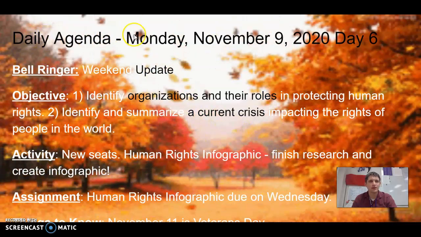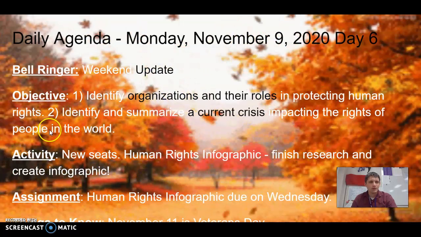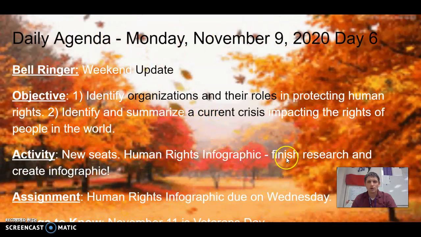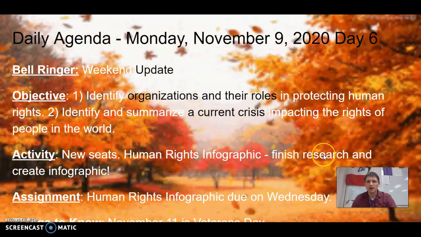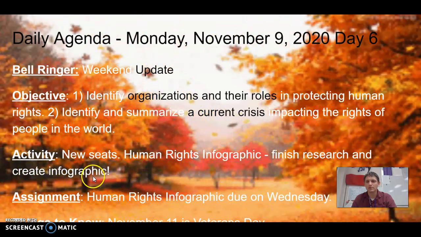Here's our agenda for today on Monday, November 9. Our goal is to continue working on our infographic that we are creating. So we should be done researching by now and beginning to create the infographic that we will share with other